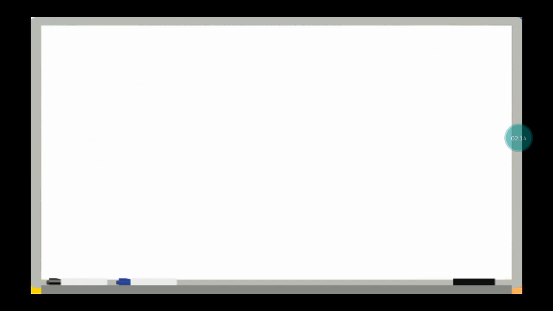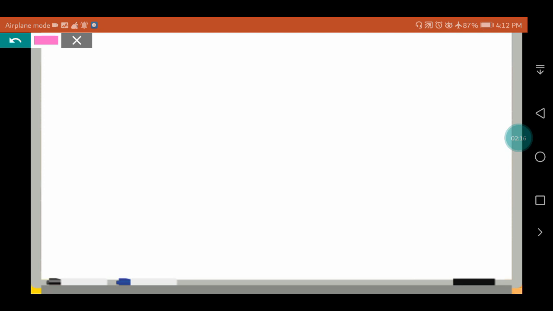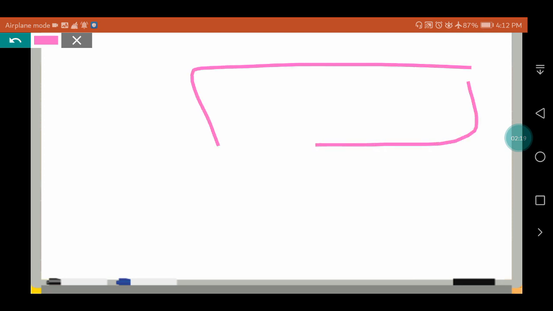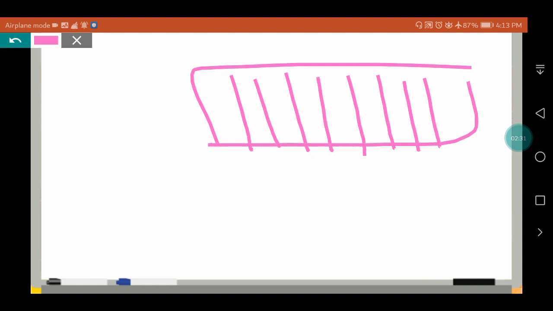Okay, another rule you must know. If we also have a rectangle and we distribute it into 10 equal parts, 5, 6, 7, 8, 9, 10, then we have 10 equal parts. If we shade 7 equal parts, 1, 2, 3, 4, 5, 6, 7 here,